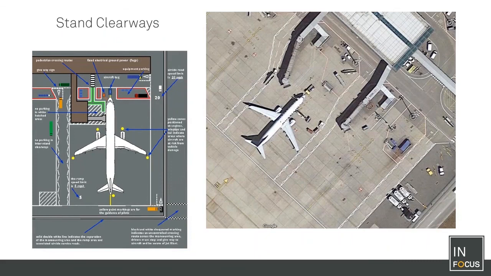The British developed or introduced what they call interstand clearways, and because of congestion at some of their airports, they managed to stop a lot of delay codes happening because they introduced these clearways, so that there is never any vehicles parked or left anywhere along these lines or the paths marked here with the jagged